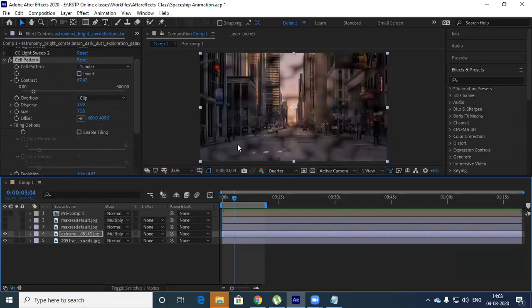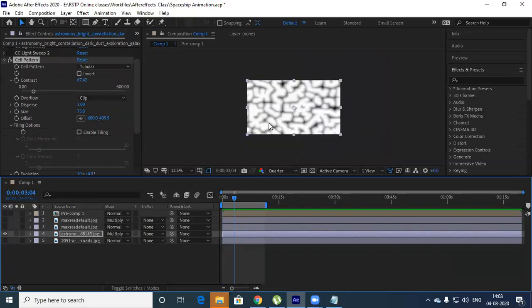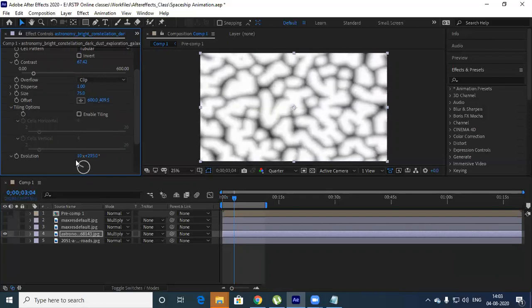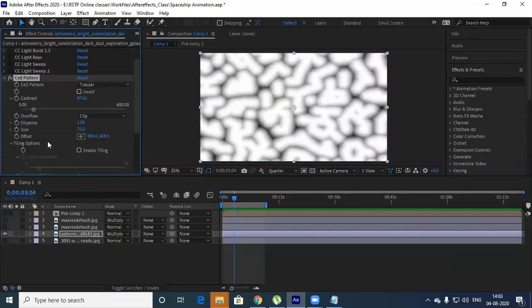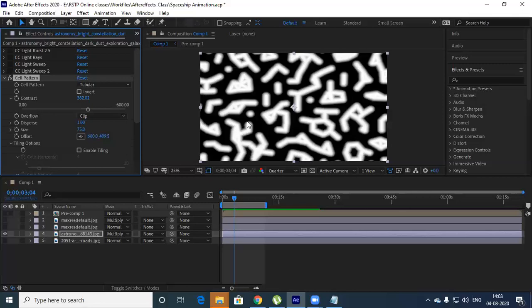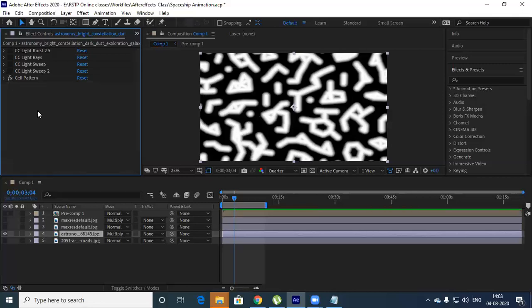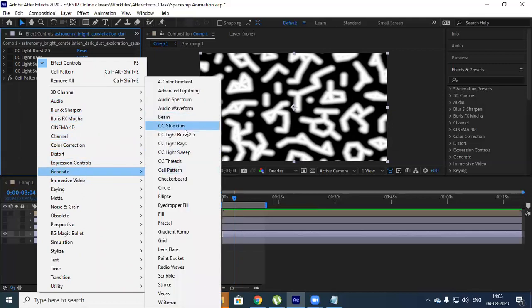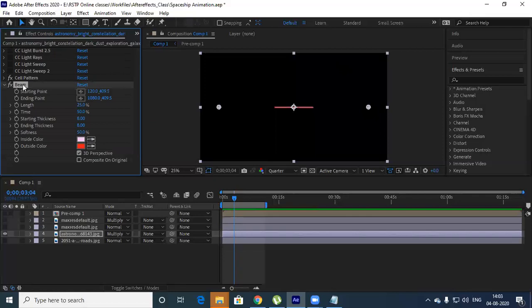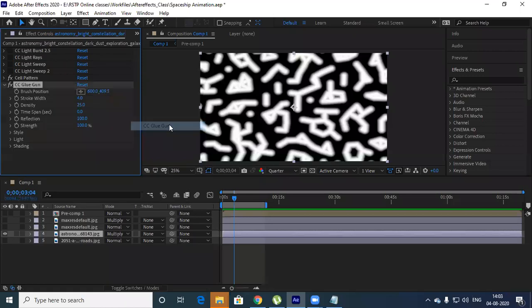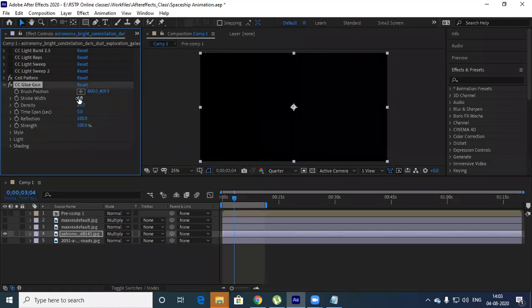Let's say I turn on this. Before that, this is a tubular effect, see guys, how does this look? I'll sharpen this. I can increase the contrast. Now let's say you are looking at this under a microscope. Let me add one more effect under generate, glue gun. I'm having a glue gun. So density, stroke width.